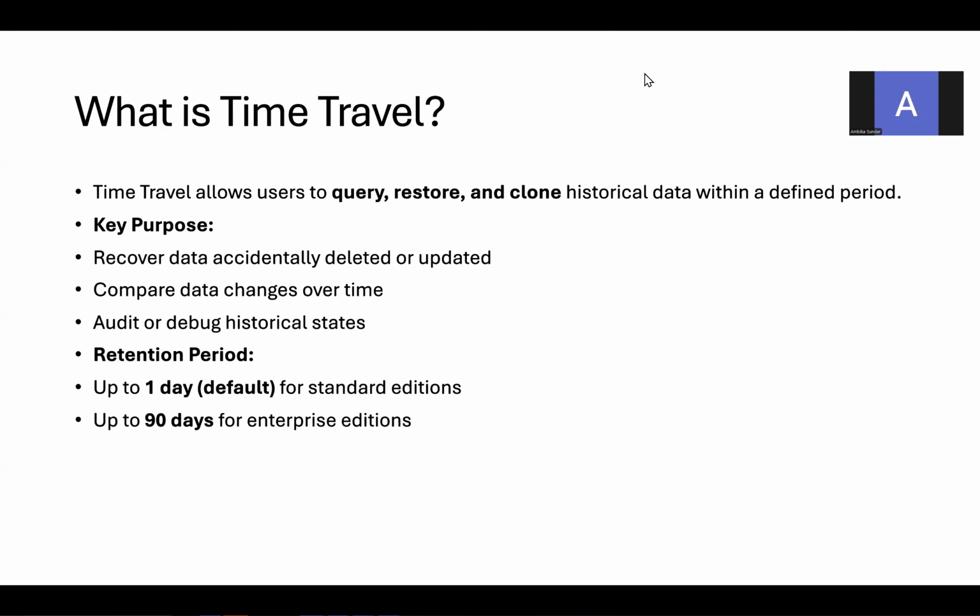The retention period is up to 1 day for the standard edition and 90 days for the enterprise edition. For example, in Snowflake, I have 90 days for the enterprise edition and 1 day for the standard edition for this time travel feature. As I said earlier, my team member has unintentionally deleted the data. To check this deleted data in the standard edition, I can check only 1 day earlier. But in the enterprise edition, I can check for 90 days. Even data from 1 or 2 days before the current date will be available. So I'll be recovering this data using the time travel feature, and I'll be using the data for further unit testing.